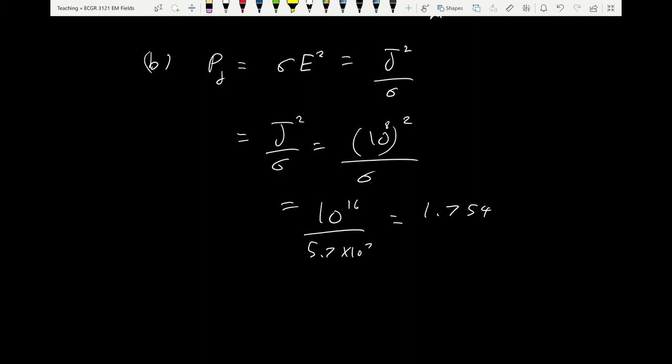Times 10 to the power 8, right? Watts per meter cubed. 10 to the power 8, that's a large amount of power, right? But it's distributed over a whole meter cubed, and a meter cubed of copper is a lot of copper. So that's over 170 megawatts in a meter cube. Remember, the volume of the neck is much smaller than a meter cube. So what is the power